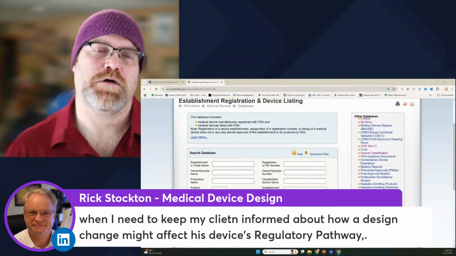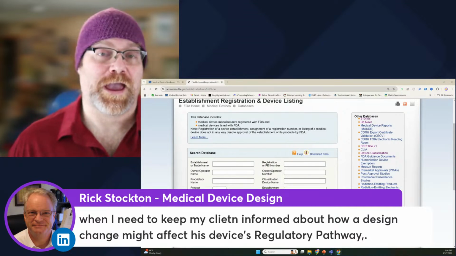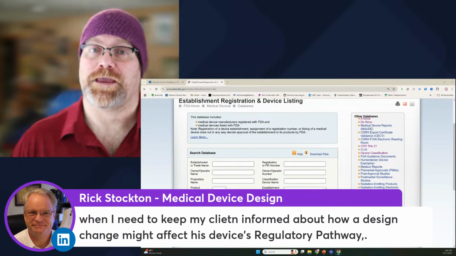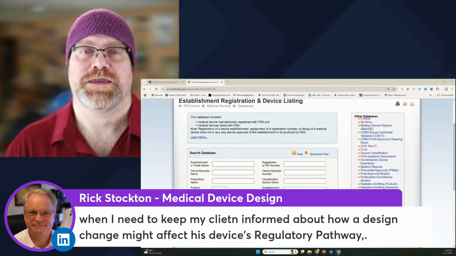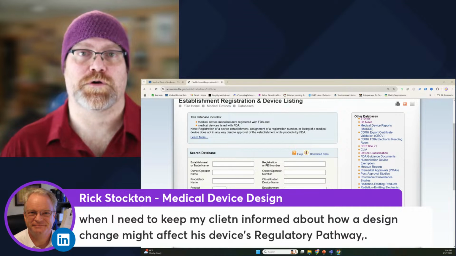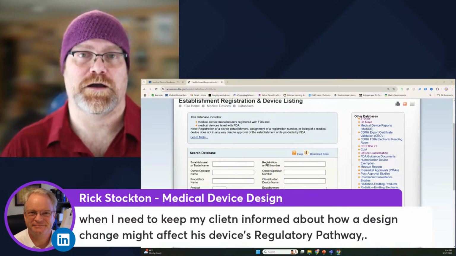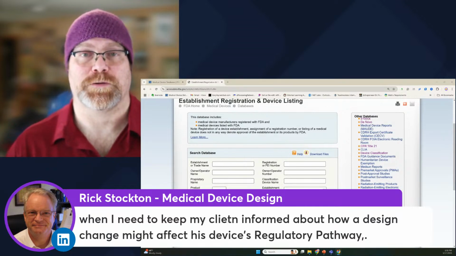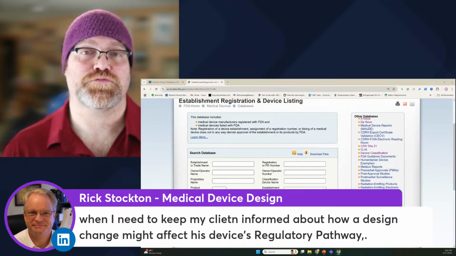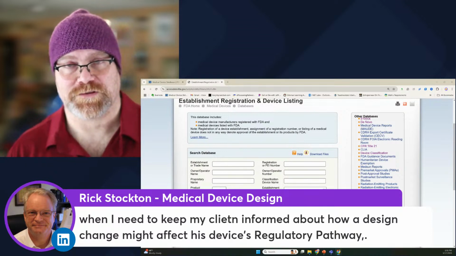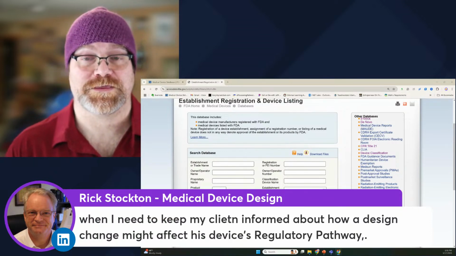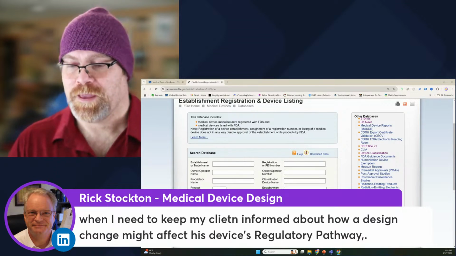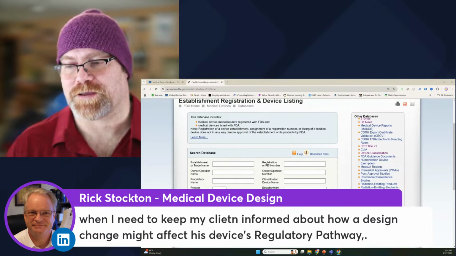You don't want to find out that, oh, this is a PMA for this product. And that's happened to some of our clients. They came up with a new IVD test and they found out, whoops, that's PMA. We don't want to do that. So it's really valuable. Investors do look for, you've done a thorough job of the route to commercialization. You've documented it as a regulatory pathway. The other thing they'll look at is reimbursement. So that's a completely different topic that requires a completely different set of databases and different consultants that are experts in that area. But thank you very much for participating, Rick, and I'm glad you found this